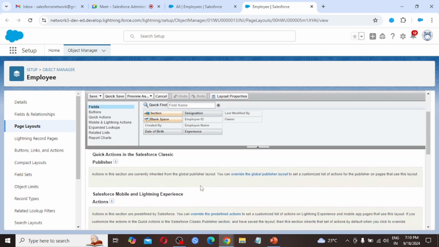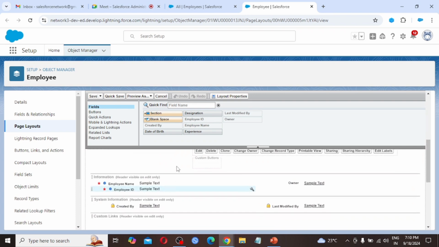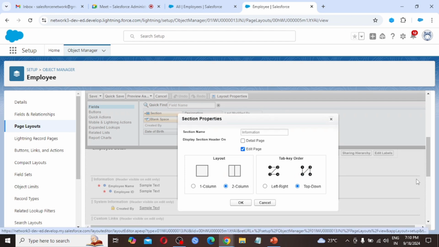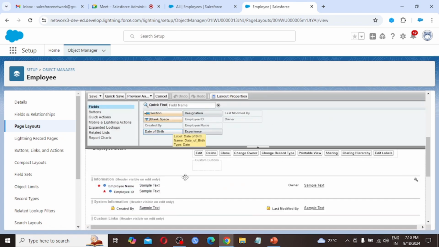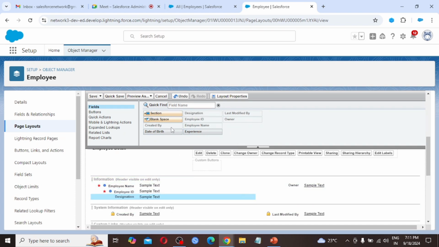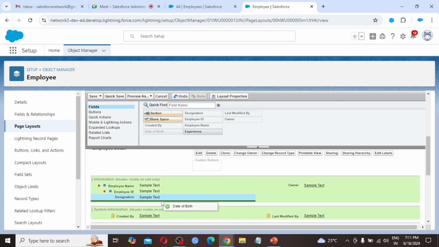Again I am dragging these fields. Designation I am putting over here, date of birth below designation.